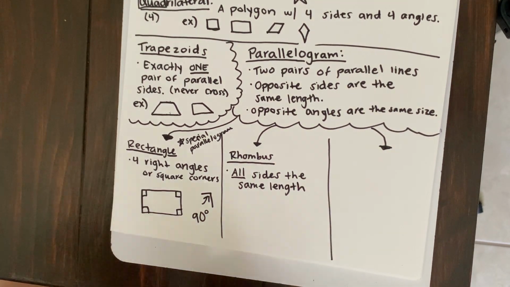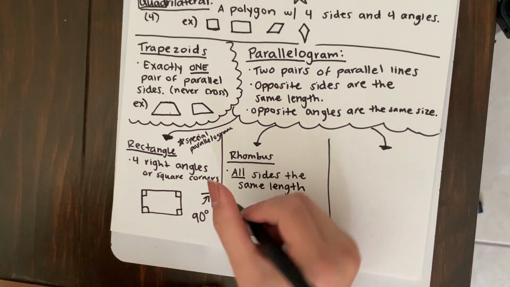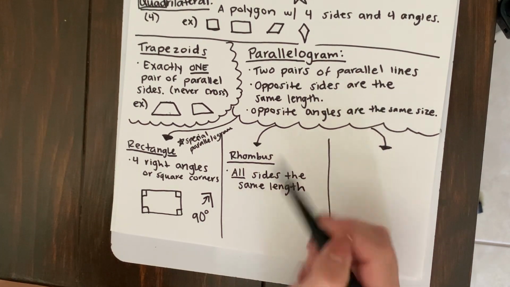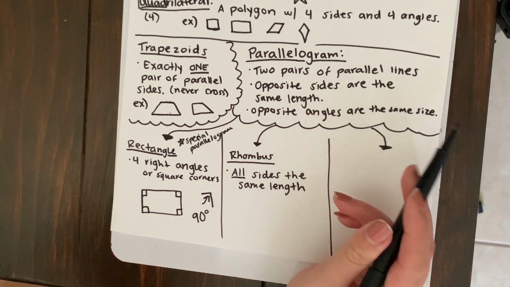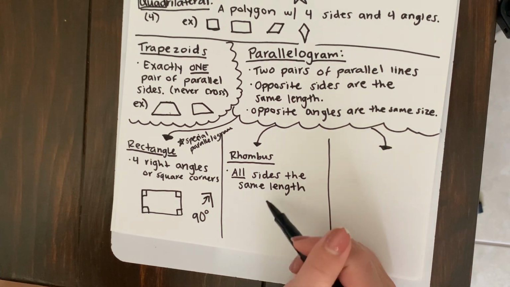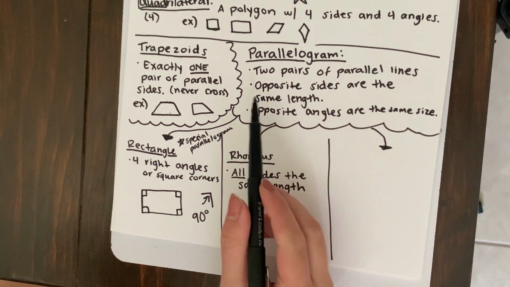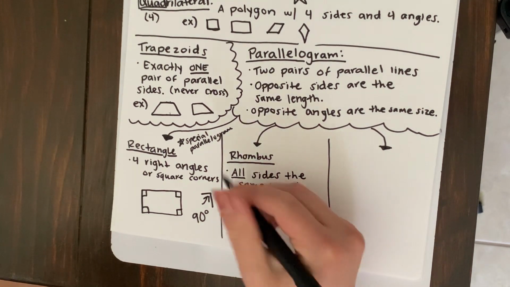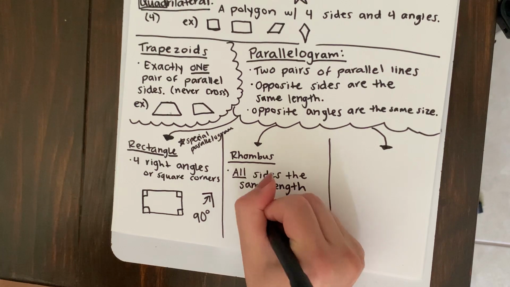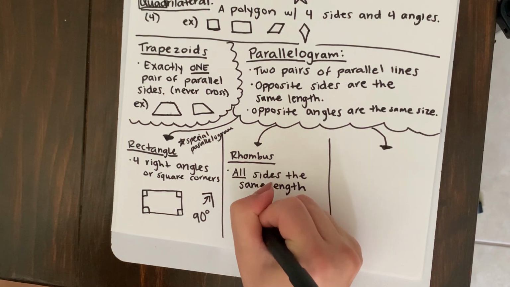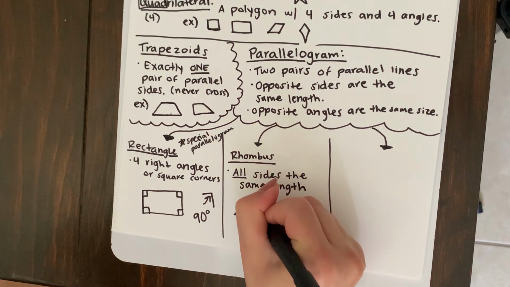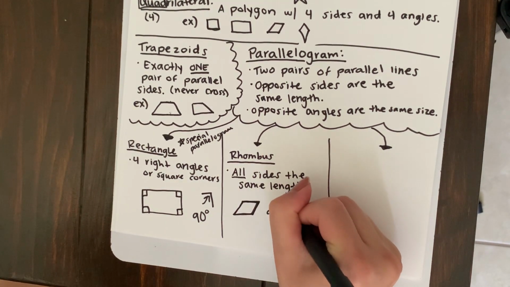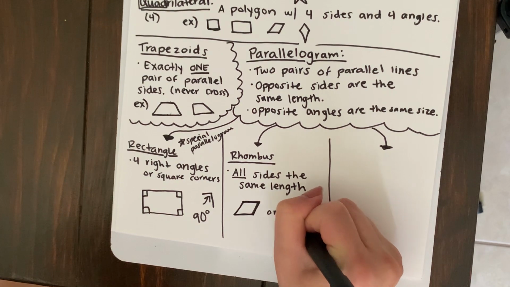Okay? So that means a rhombus needs to have 2 pairs of parallel lines, opposite sides are the same length, opposite angles are the same size, and all sides the same length. So it's kind of like this second rule for parallelograms, but even more. So a rhombus could look like this. I tried to make them the same size. Or like this,